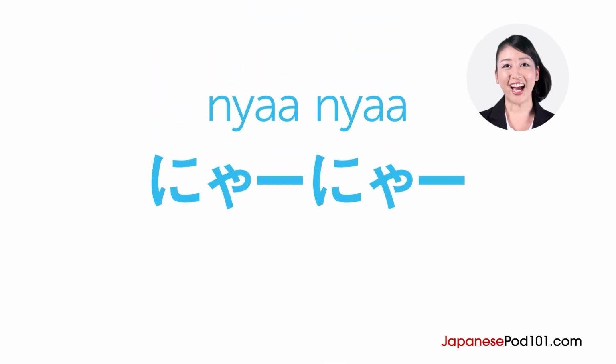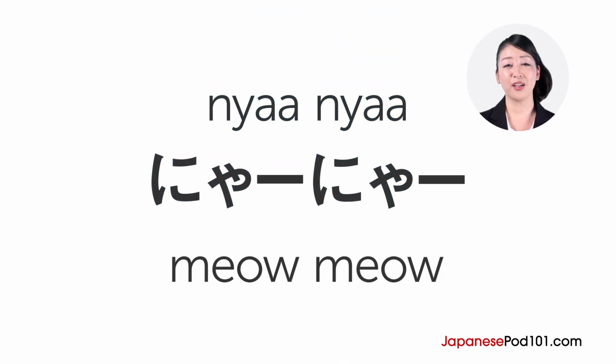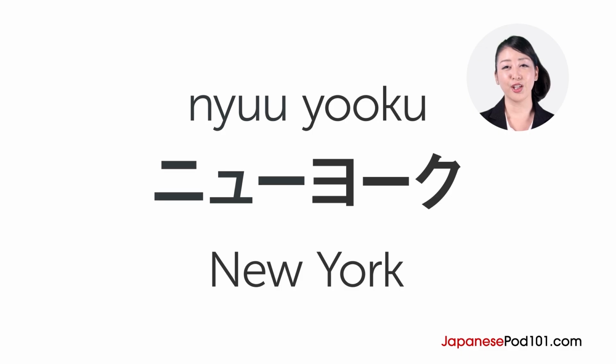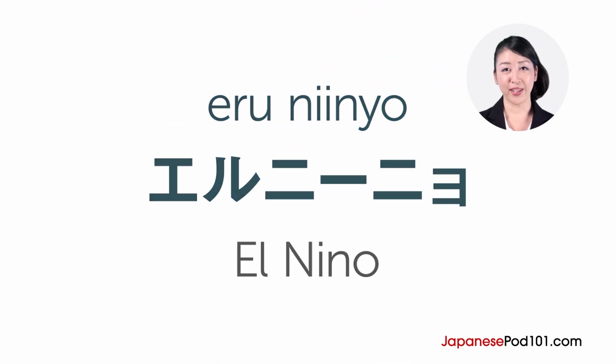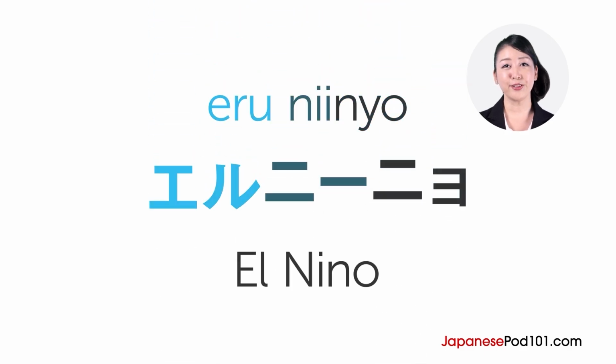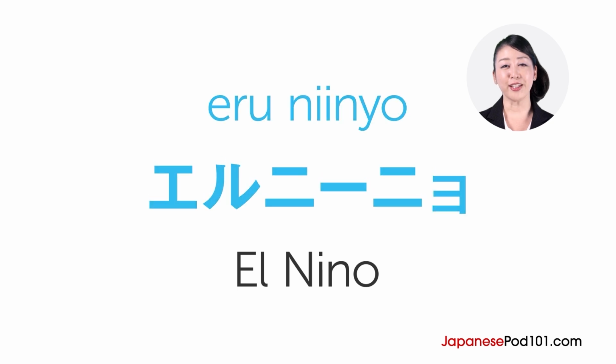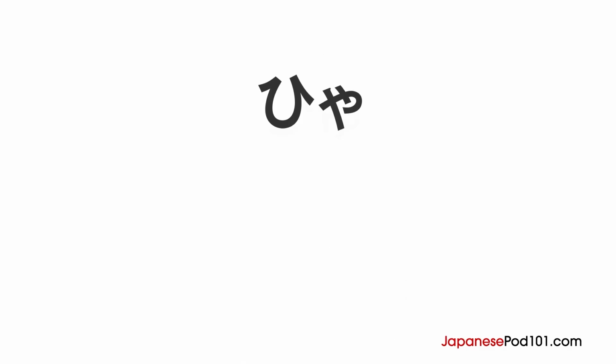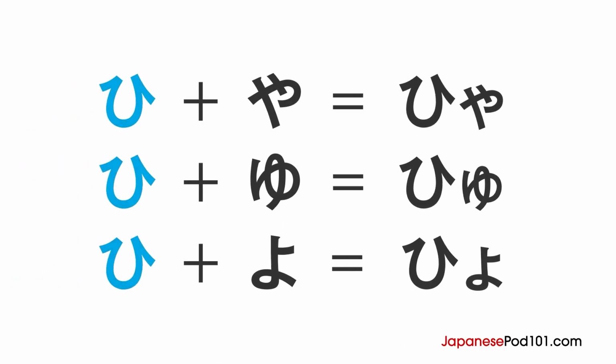Let's practice them in some words. にゃー、みゃお、ニューヨーク、エルニーニョ. The next one is ひゃ、ひゅ、ひょ. ひ can be combined